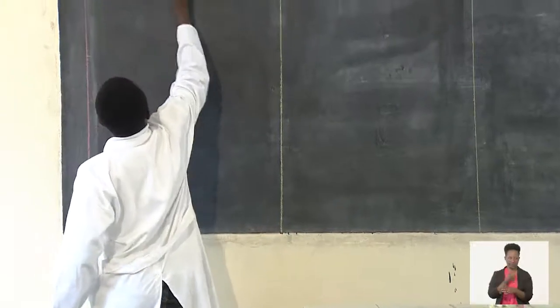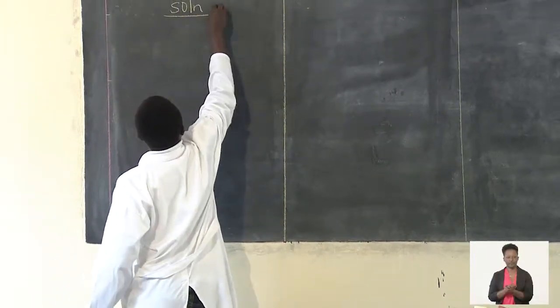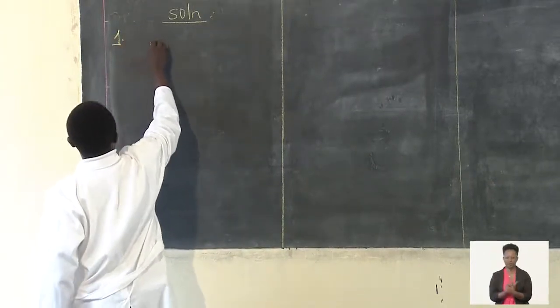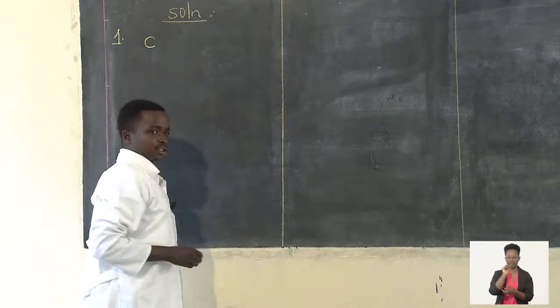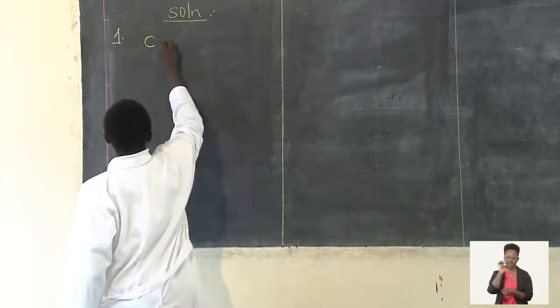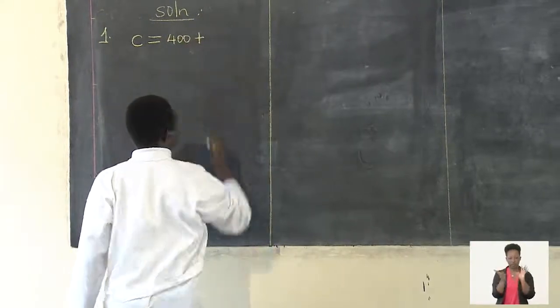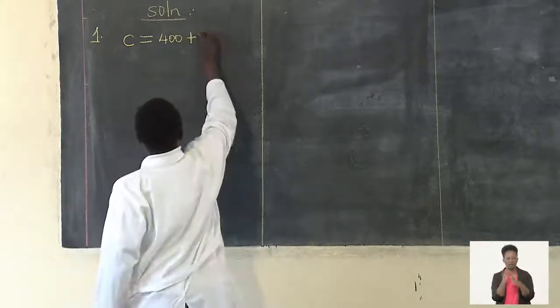So our solution, question 1. We have our linear equation which relates the two variables whereby you have consumption equaling 400,000 plus 0.5